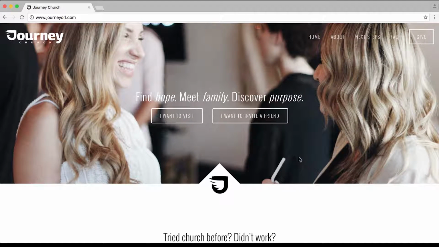So one of the first things that they were running into was right here. They really liked the look of their logo being in the middle of the homepage, in the middle of the background photo for the header. But what they were running into is they were uploading this part of the logo as part of the photo itself. So in Photoshop or some other program, they made a white bar, the logo, this little triangle, all part of the photo. Now the problem with that is because this is a background image, when you resize the window, it's going to take on its own size and